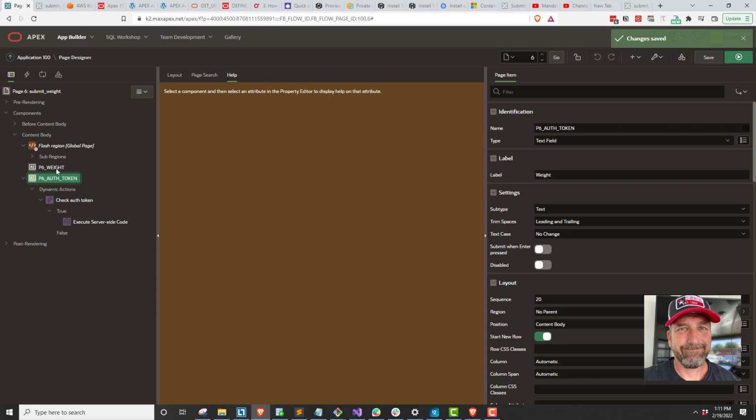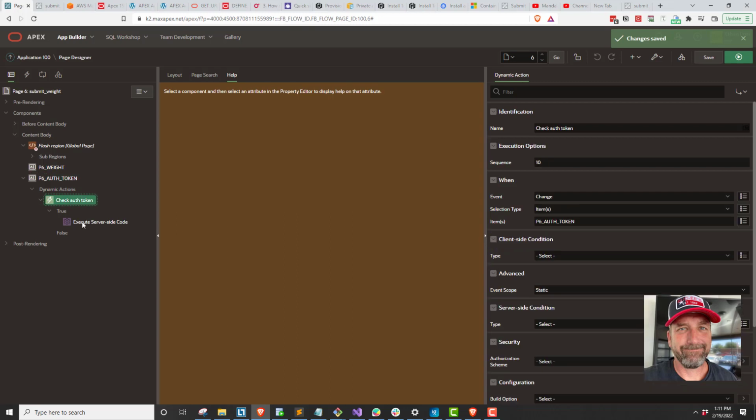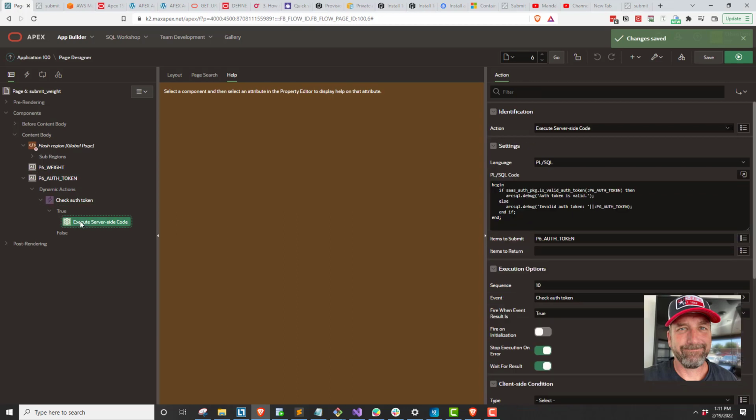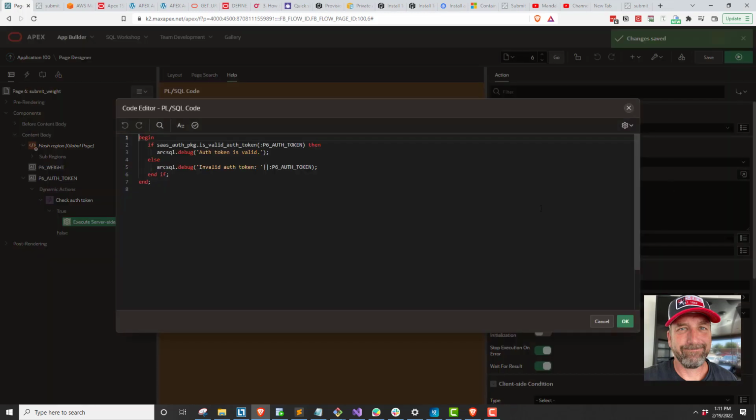One thing about Apex is that you can't just name a field auth token. It really needs to be unique, so we always kind of use the page number. That's a little ugly in my URLs, but oh well. But those autofill, and then this has a change event, which when it's changed, it executes this code right here for now, which is just saying is the valid token,